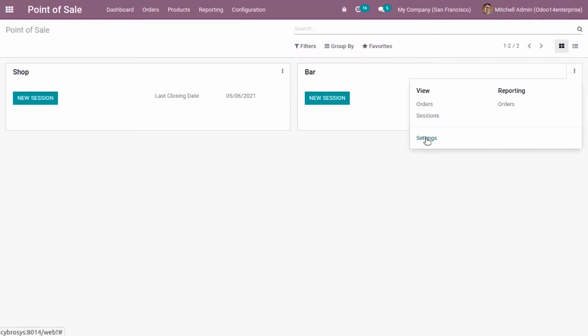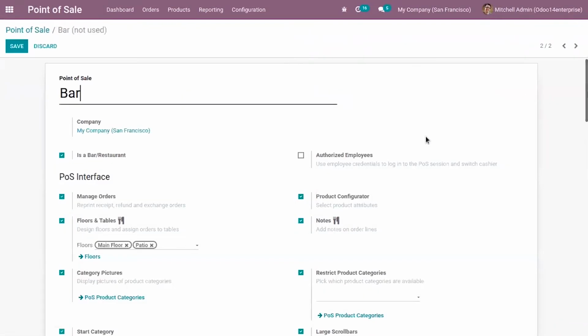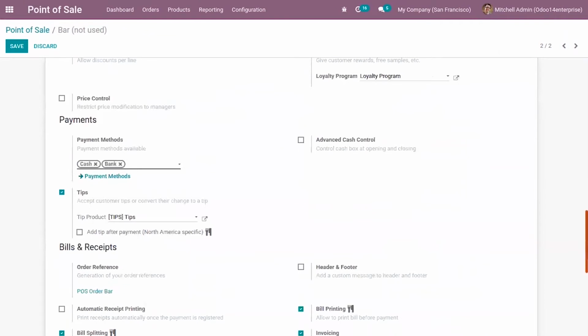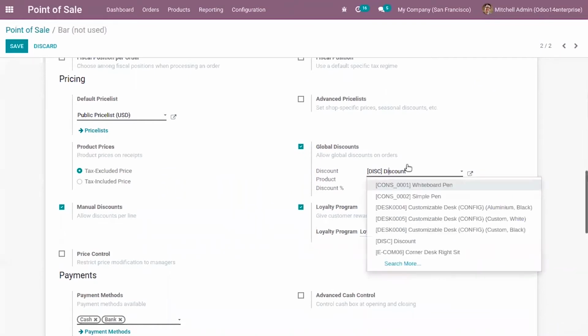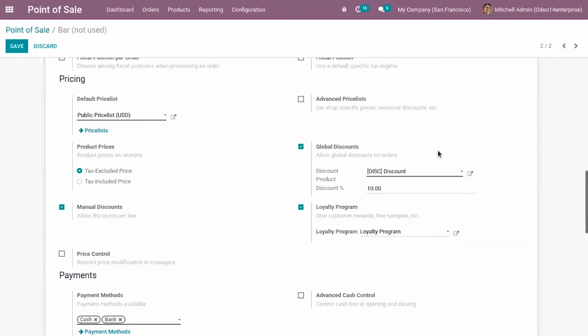And you can also change the default discount amount from the settings. That is, here you can see the option, it is enabled, and here you can see a default product is created and it is set for this option. And you can see the default amount is 10. And if you want to change it, you can change it from here. Okay. So this is how we apply global discounts.